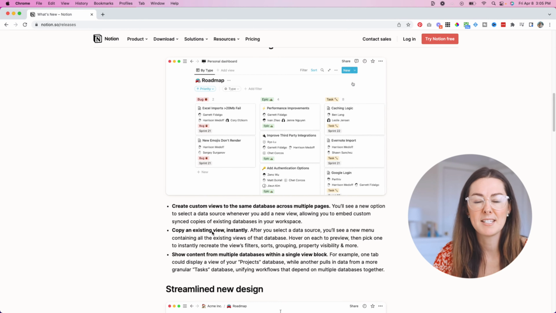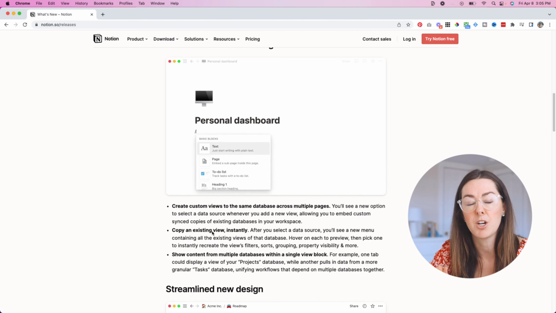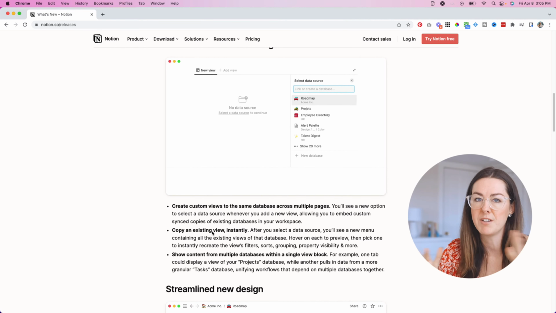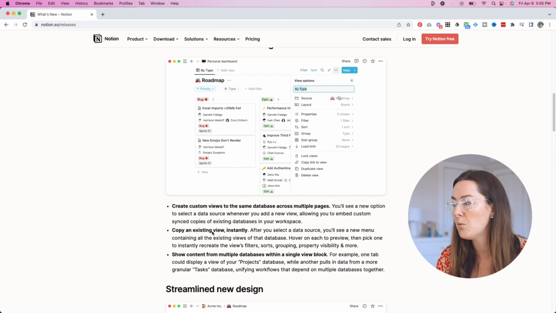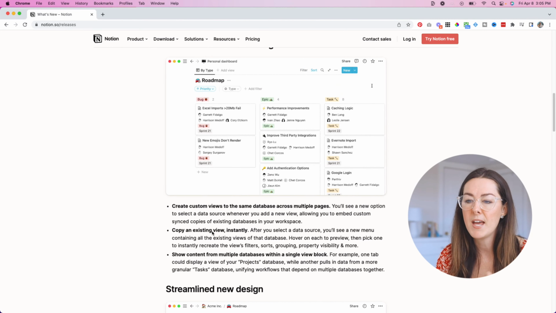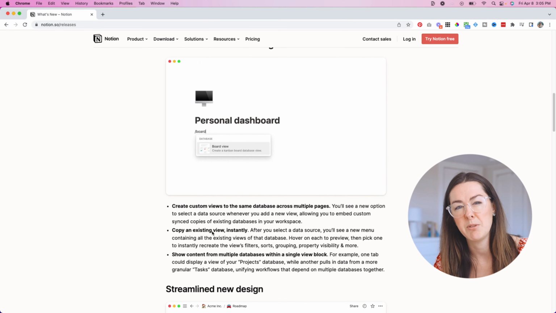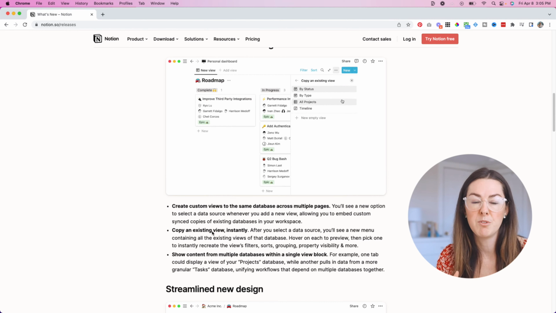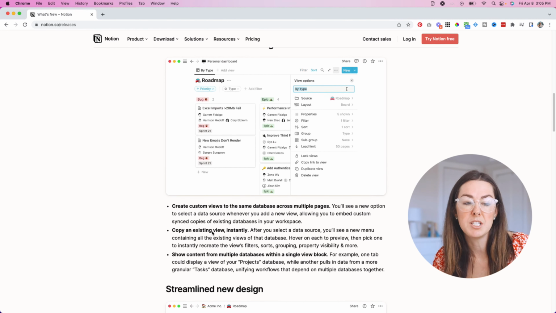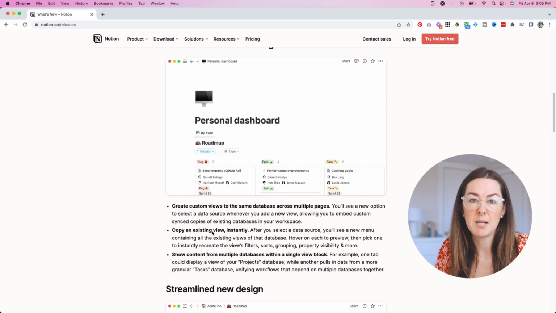Because in the past, I take one database. For example, today I'm going to be looking at my content database, which shows all the different pieces of content that I'm creating and ideas that I have for content. And I will take all of that and then I will use linked databases to display that database multiple times,